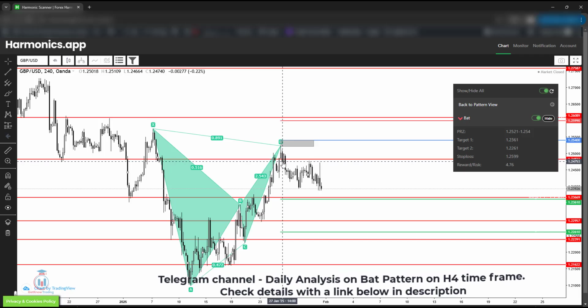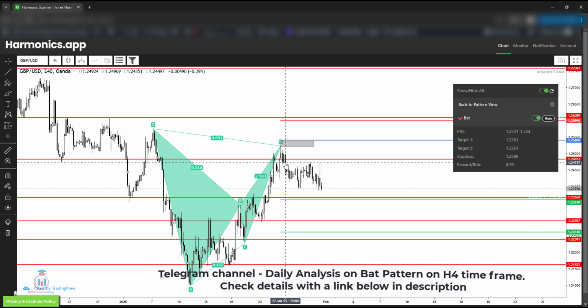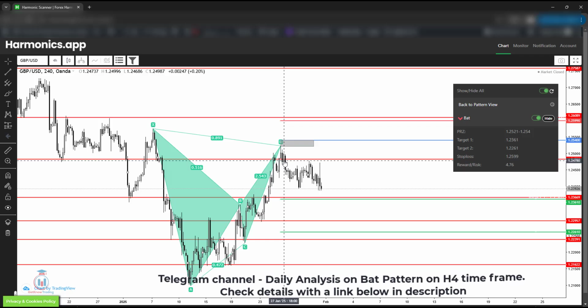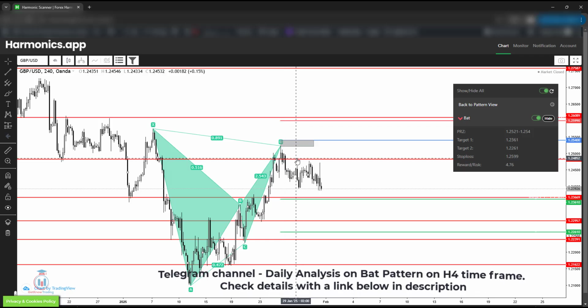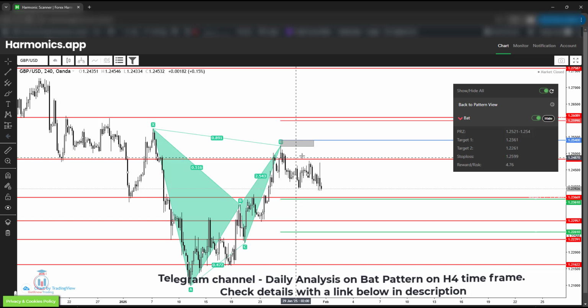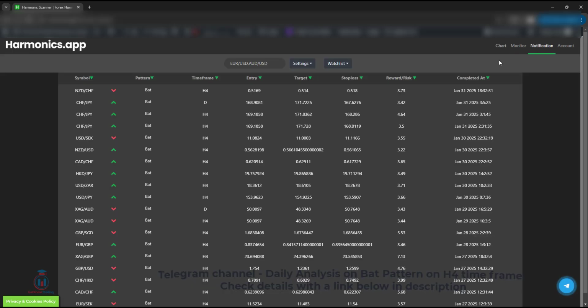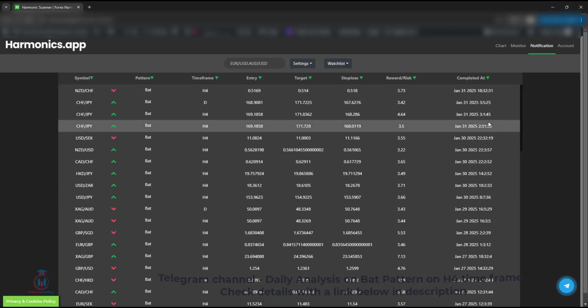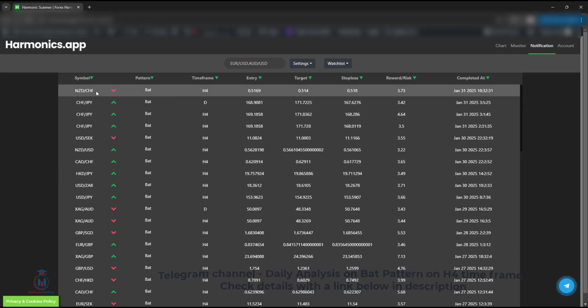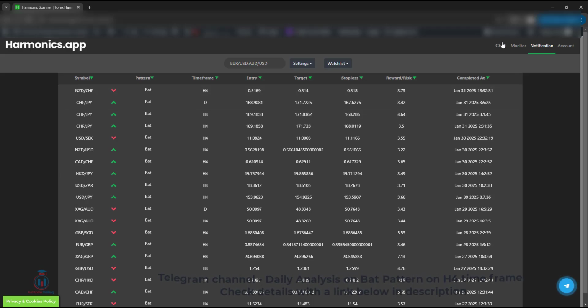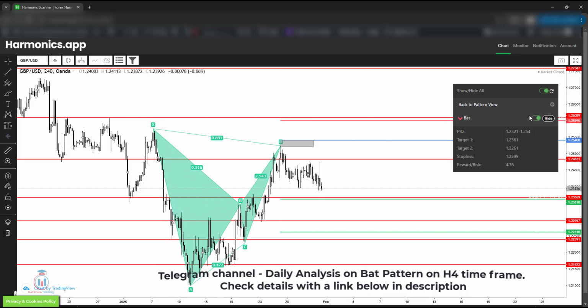So what can you expect with the Harmonic scanner? First of all, the Harmonic scanner detects harmonic patterns and other patterns, and then sends you a notification on Telegram, like in this example, where you receive a notification with a link. When you click on that link, you will open the chart, and you can see all the details